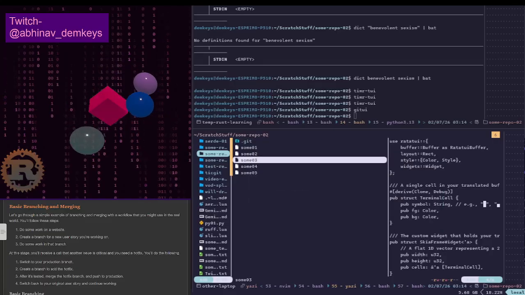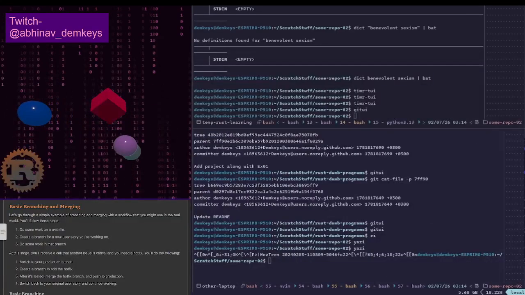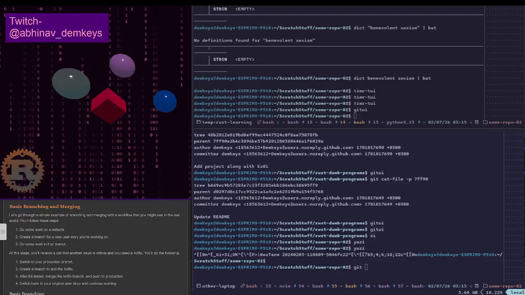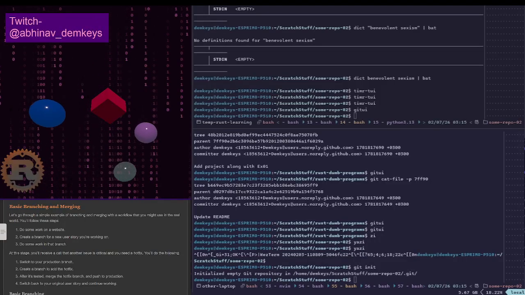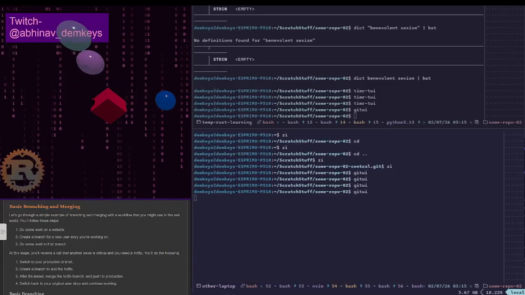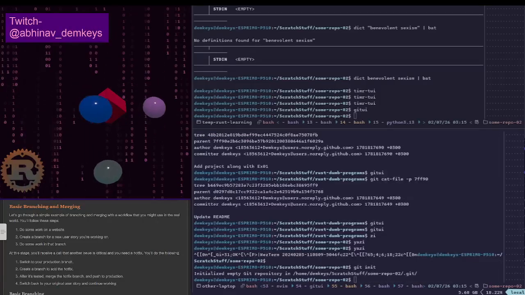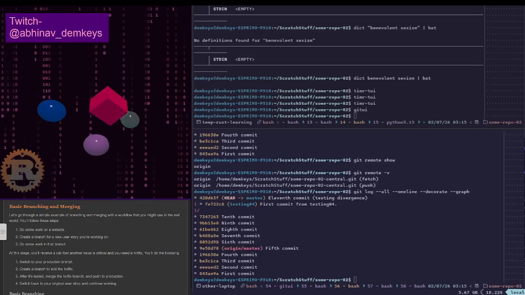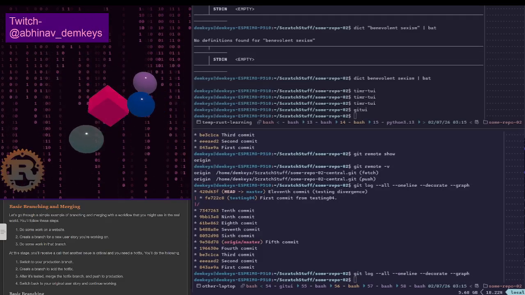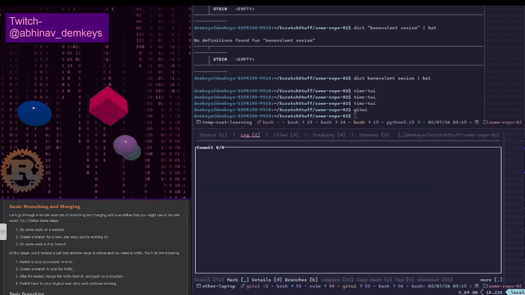Okay, so that's done. Now we do git init. Okay, new repo initialized. Do we have any commits? No, we don't have any commits. We are fine here. I don't think I need to have git UI open here.